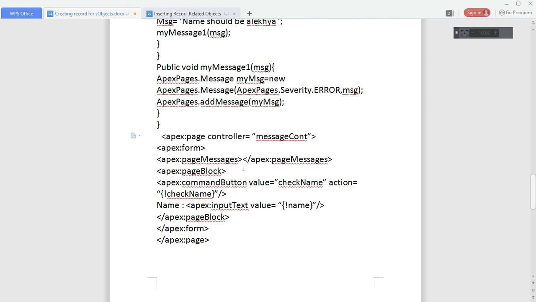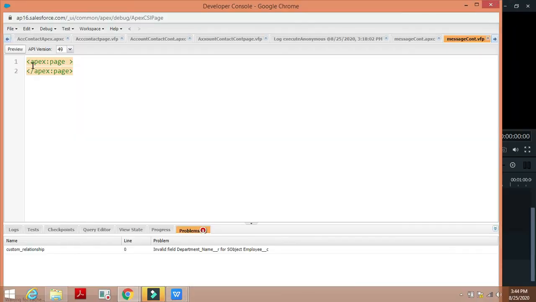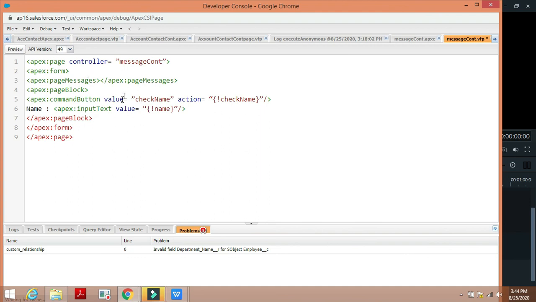Now let's check how it will be displayed. When we enter a name other than the name given in the Apex class, we should get the error message on the top of the page.